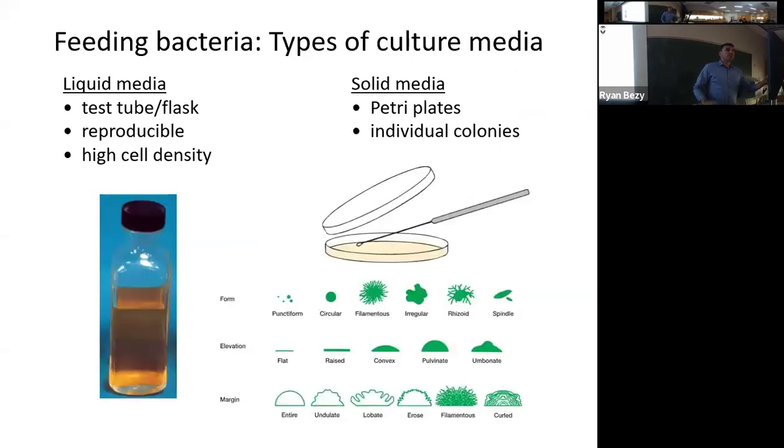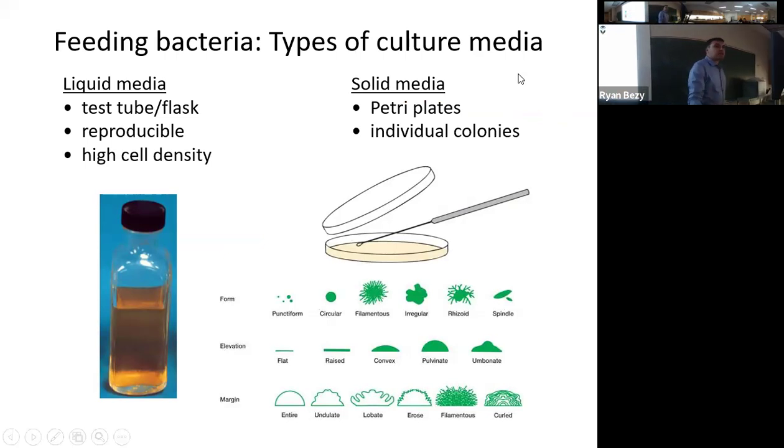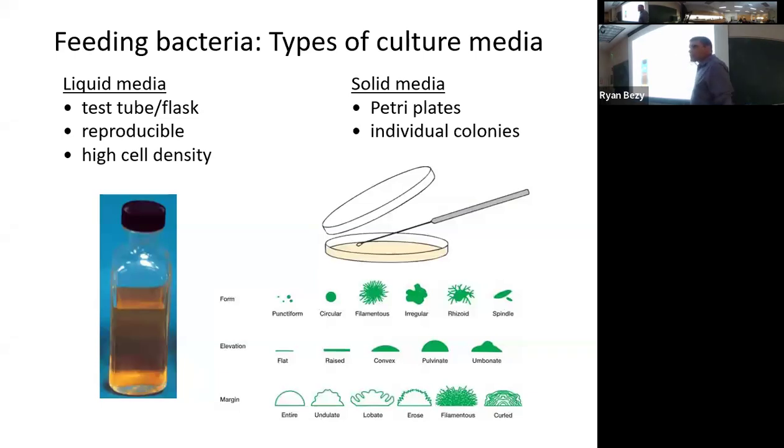When we do grow them, well, you guys have been doing this in labs, so I don't think I need to go through this too much. A lot of times we grow bacteria in either liquid media or on solid media. If we grow them on solid media, we typically get the bacteria nice and stationary. We can see individual colonies. Because we can see the colonies, we can make sure there are no contaminants. Different species have different colony morphologies.